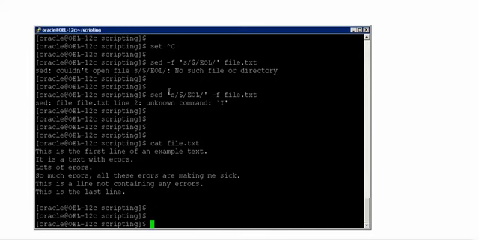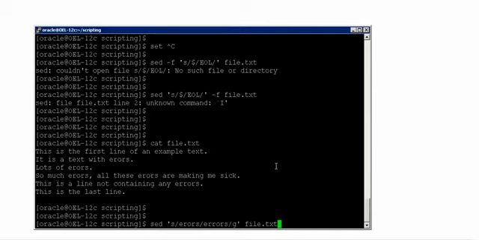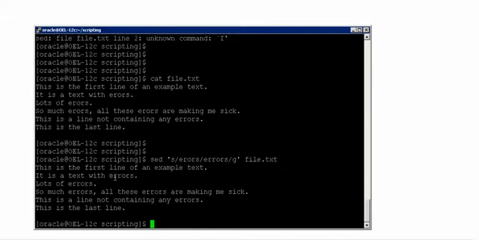See here, let me come back. With this, you are searching for something and replacing it. That's good. Yes, each and every wrong expression has been replaced with the correct expression.